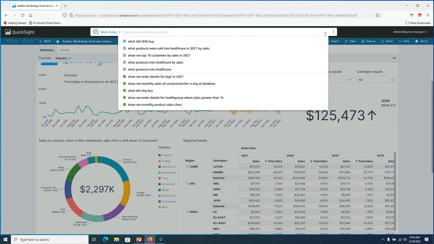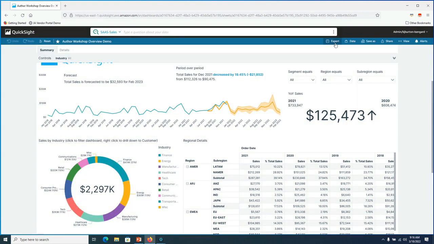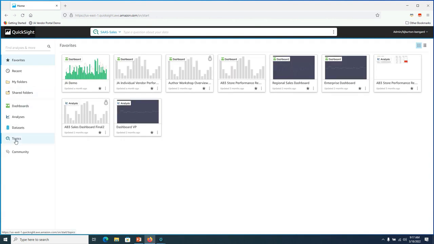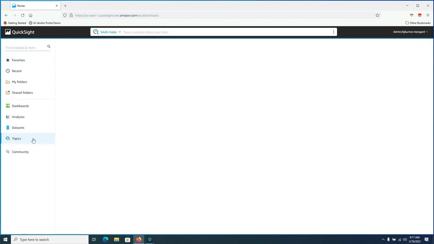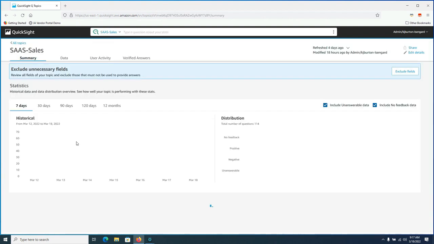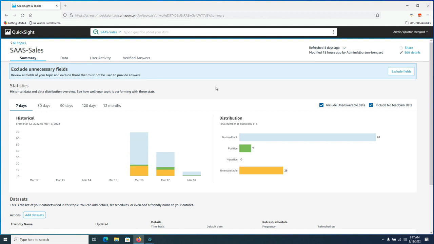As we peel back the covers and take a look at what it takes to get this up and running and go a little deeper, with QuickSight, you have the opportunity to create topics. Topics are what support Q. These topics are collections of one or more data sets that represent a subject area that your business users can ask questions about. So here in this particular topic, as we look at the summary, we can see our performance,